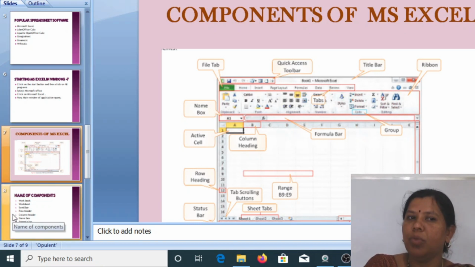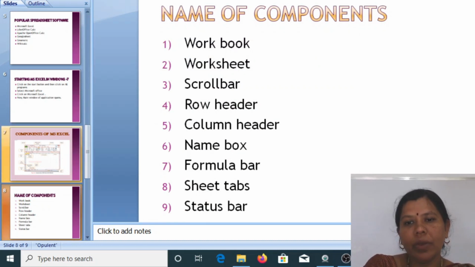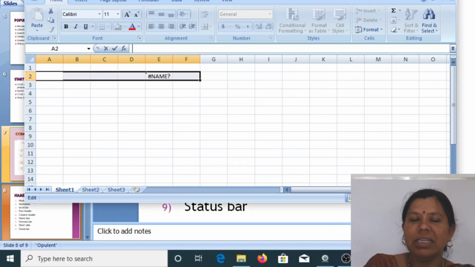Now we'll learn about some important components of Excel. Firstly, we learn about workbook. When we open an Excel file, it is referred to as a workbook, in which you can store your data. Workbook is a collection of one or more worksheets in a single file. And workbook is designed to hold worksheets together in order to organize and consolidate efficiently. And the temporary name is Book 1.